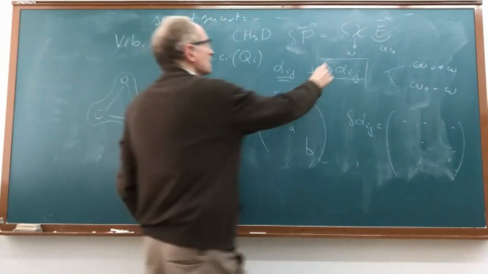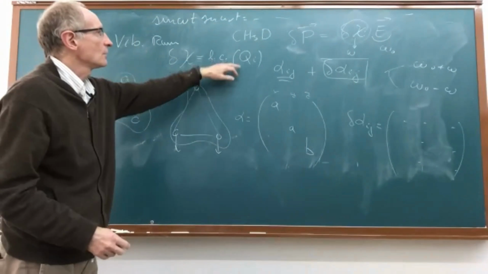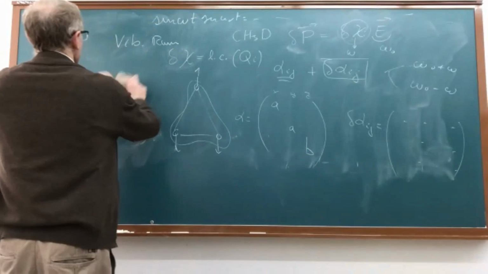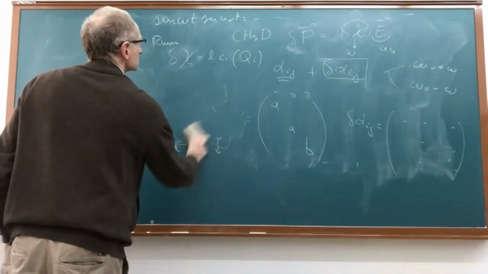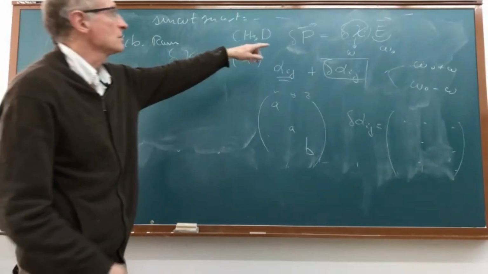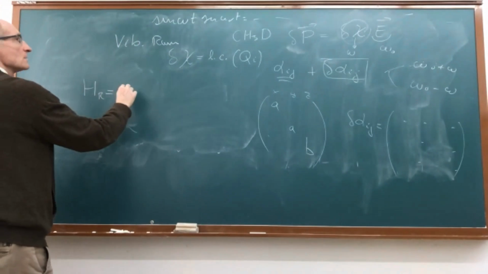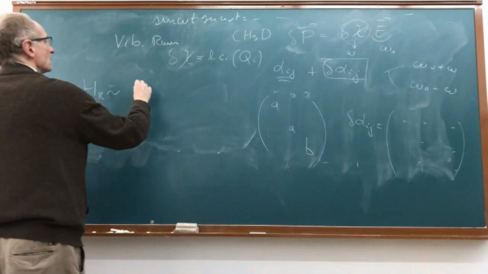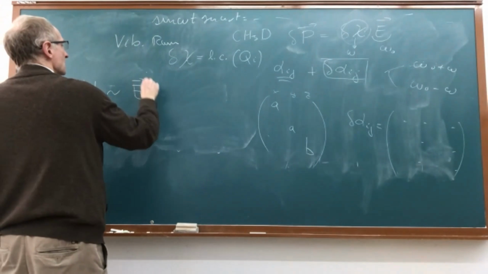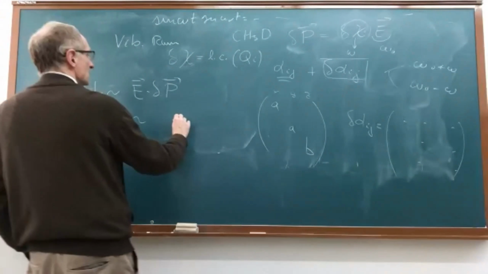So this delta chi is going to be a linear combination of the normal coordinates. And then, if this is true, I can do the same trick. I can construct a Raman Hamiltonian, which is going to be roughly E delta P, and this is going to be